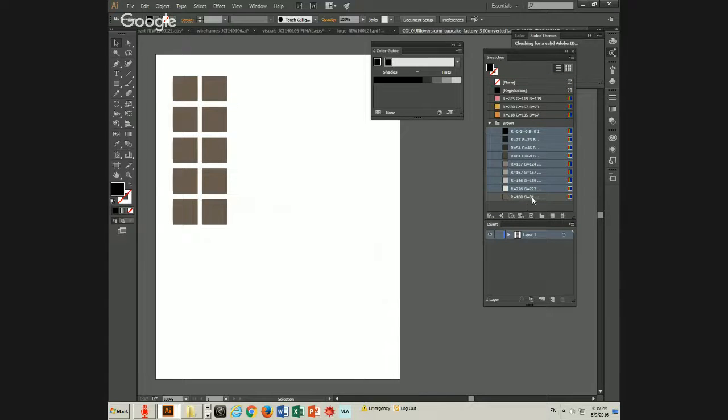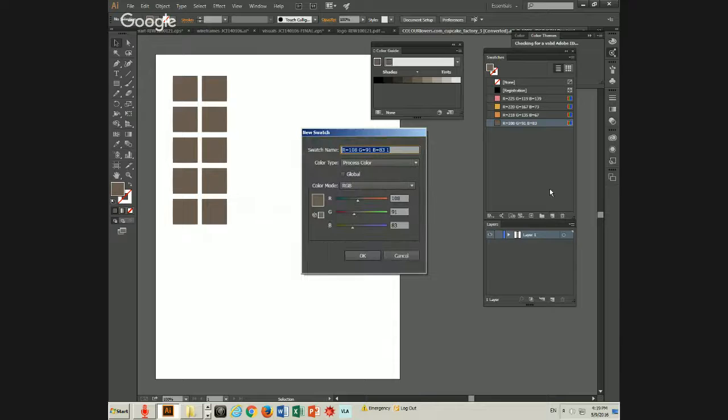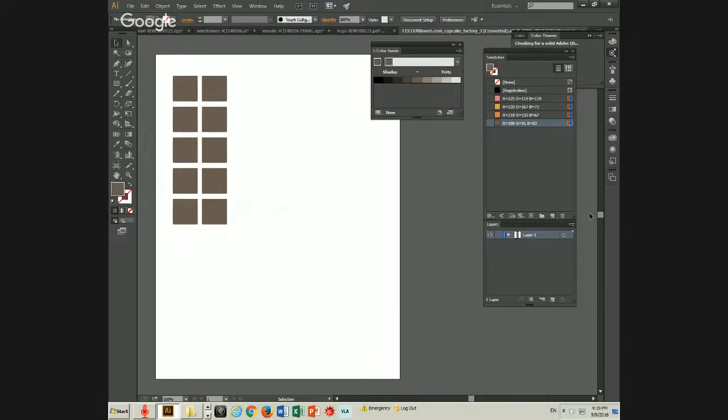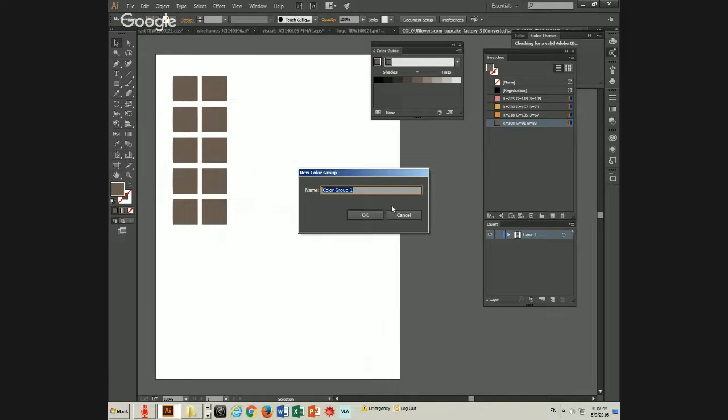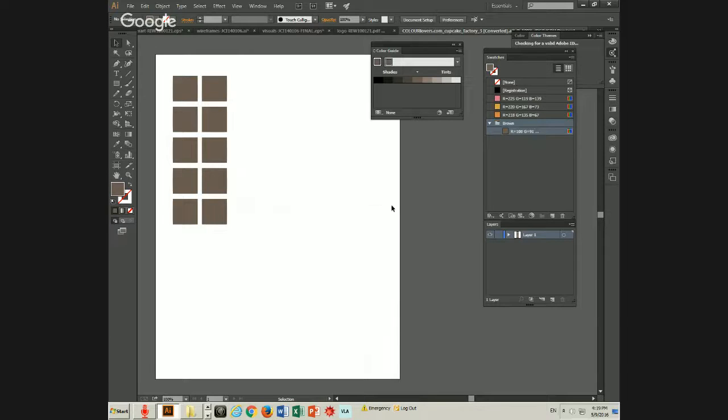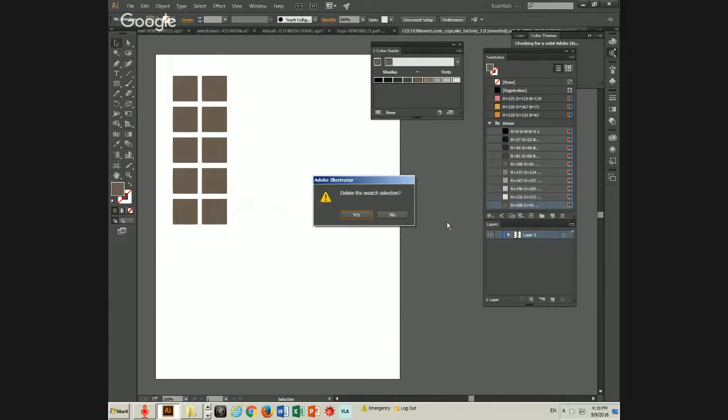Right. Let's step back a little bit. Put the brown in there first. Brown. And then we can take these, put them in brown. And that's the original one there, right? That I can delete. Yes. So this color then is that one. And I can go,